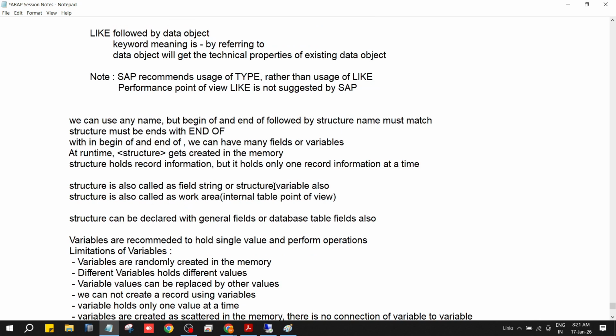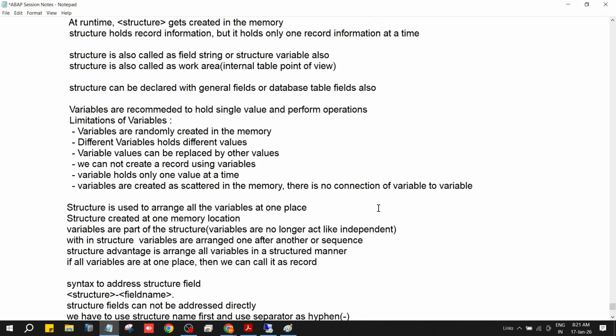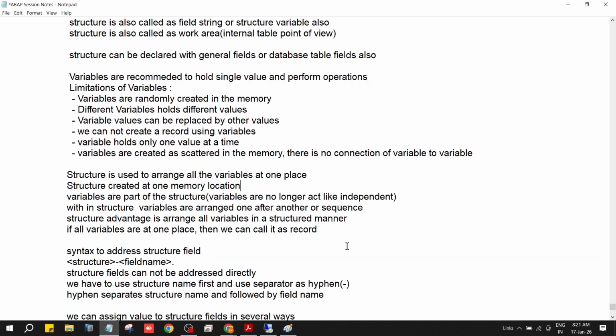Structure and field stream. In documentation they are writing field stream. But the work area concept we will discuss going forward as a separate topic. Internal table and work area. Okay, so you know the limitations. That's why it is,